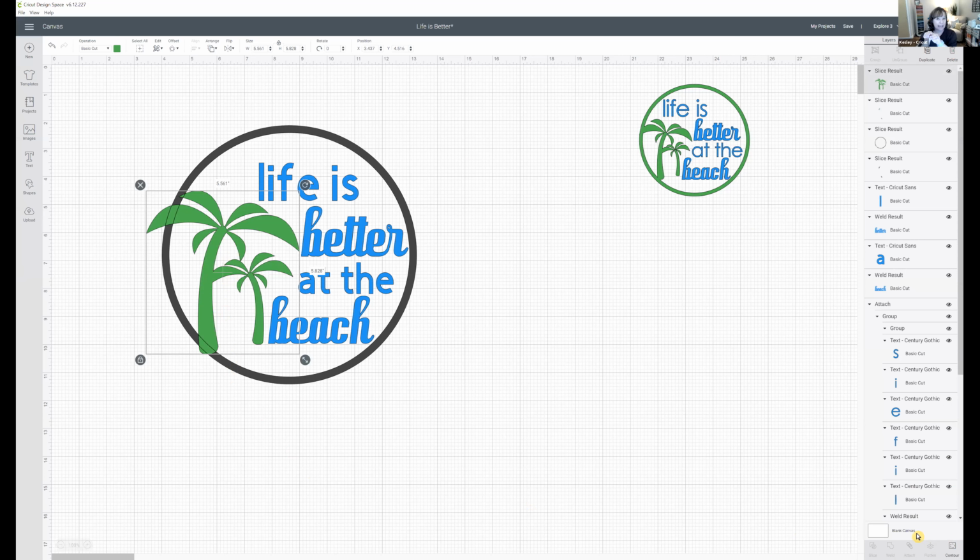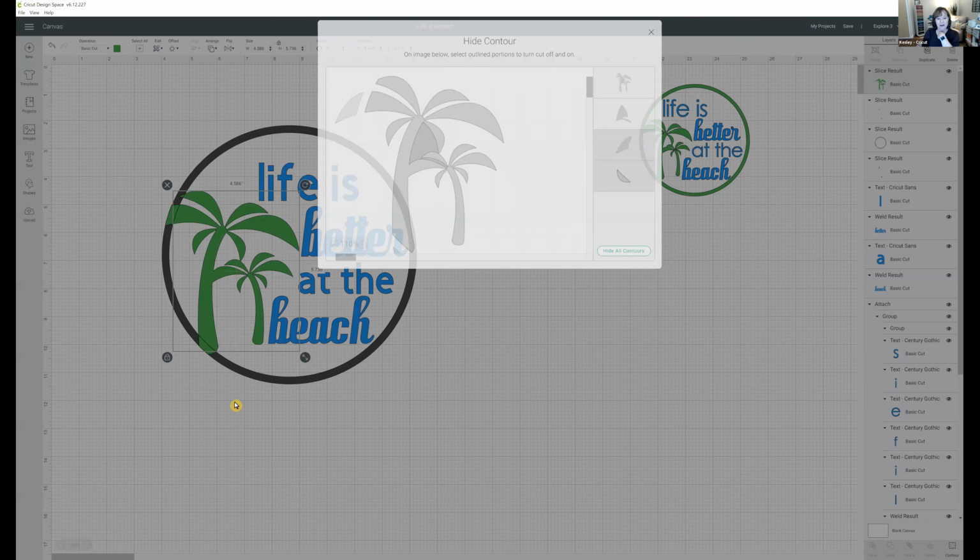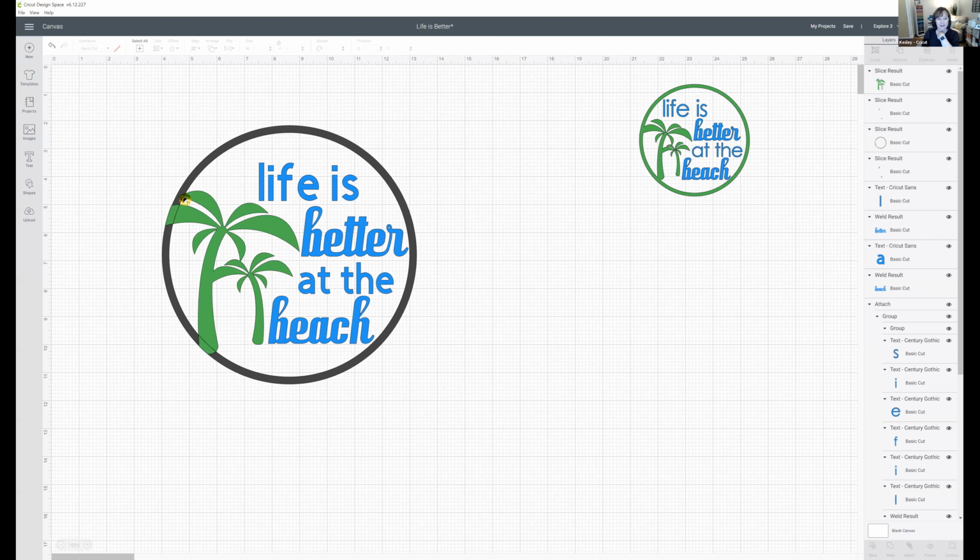If you're on a tablet device, you want to go to your actions button in the middle and select contour. And then you select the pieces that are outside of your circle to hide those, and you close those off. So now I don't have those pieces, but I have all these other little pieces that are cut apart,